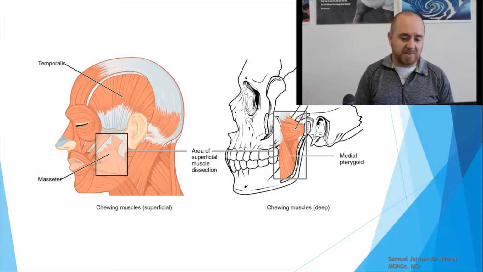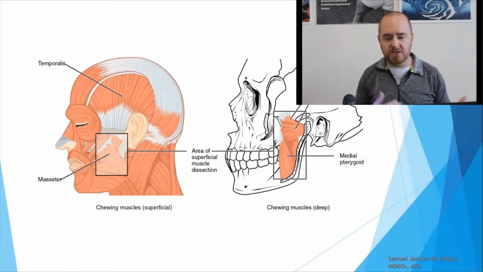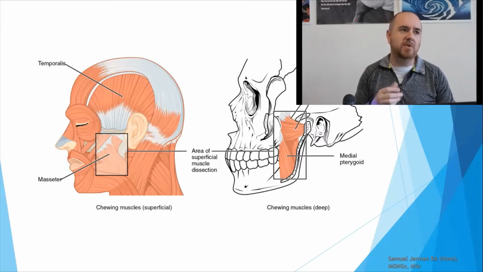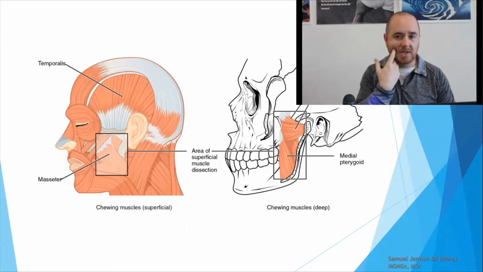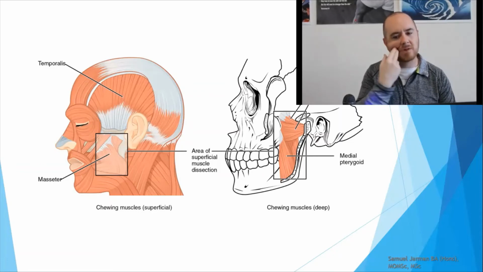As far as access points to these muscles, there are some arguments where you would work inside the mouth. However, in most jurisdictions, osteopathic manual practitioners are likely not able to work inside the mouth just because of regulations. And even if you are, you still may not find it all that intelligent to work intraorally. If you look at old descriptions from old osteopathic practitioners, one being Dr. Still, he talks about going inside the mouth, but over top of the teeth, to get to some of the muscles of mastication. However, what I would say is if you just pinch the cheek, now obviously this is going to be more masseter and temporalis in here, but you can hook around it a little bit and get in there.